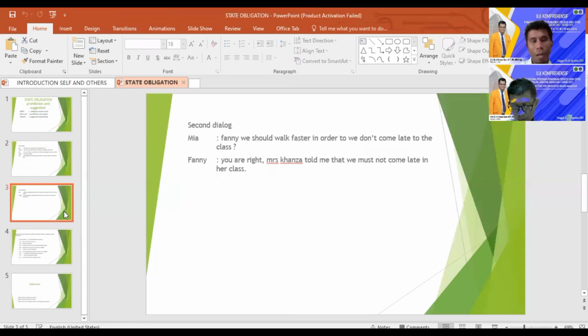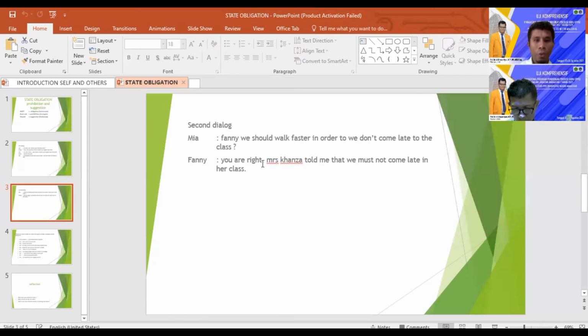Okay, now I have the second dialogue. It's still about Mia and Fanny. You can see, Mia: Fanny, we should work faster in order to we don't come late to the class. Fanny answered, yeah, you're right. Miss Hamza told me that we mustn't come late in her class.